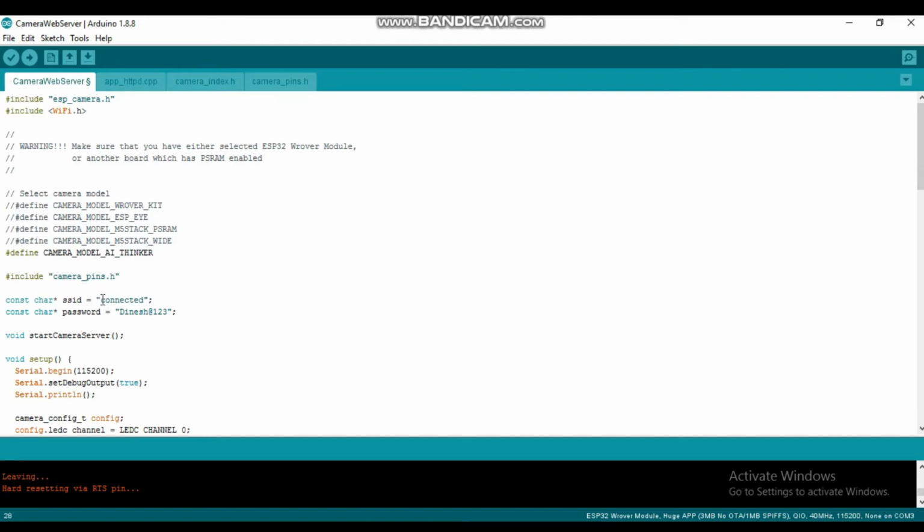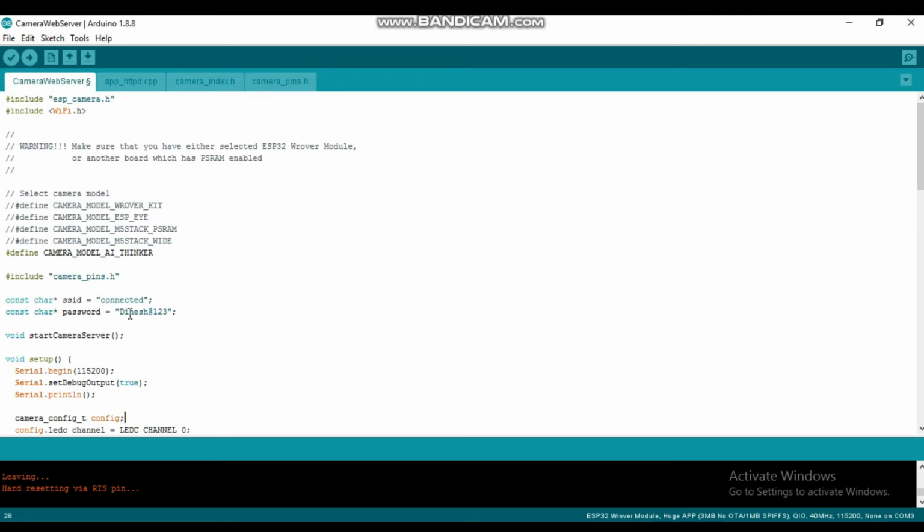Here I have written the SSID, which is your Wi-Fi name, and the password, which is your Wi-Fi password.